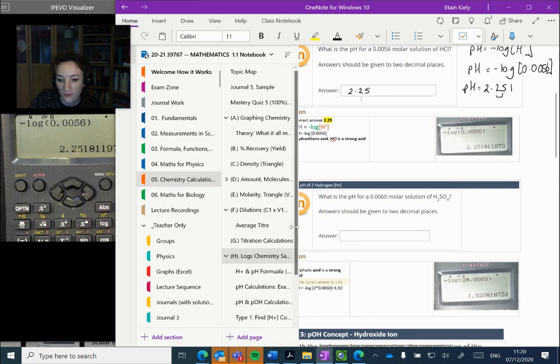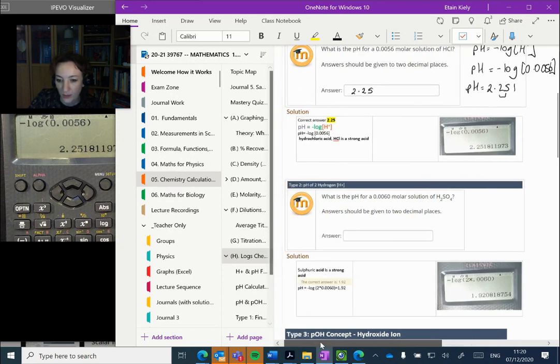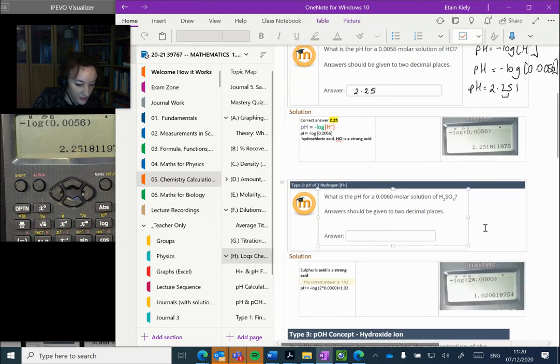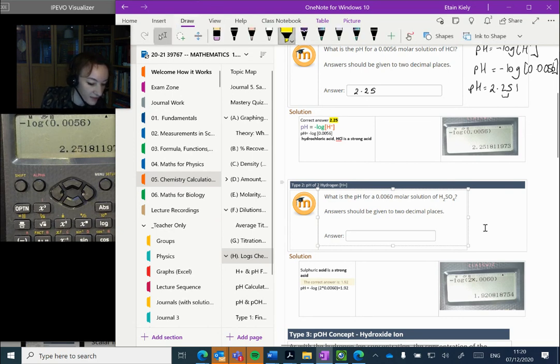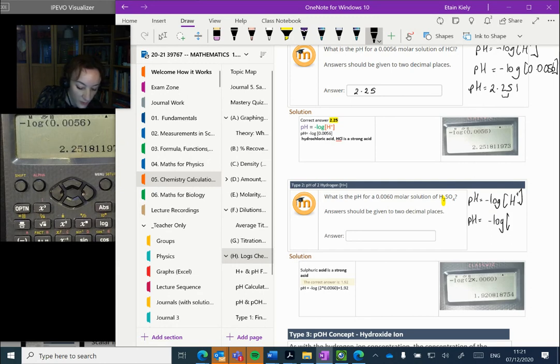The second one is very similar. The only thing we have to watch here, and we do have to watch it, otherwise you will get this wrong, is that we have two hydrogen here. So the very same technique as the last time. The only thing we do differently here is we multiply by 2 our hydrogen concentration. So we can actually plug all of this in again. So the formula is pH is equal to the negative log of your hydrogen concentration. So pH is equal to minus log. And now remember, we have two of them. So it's 2 times